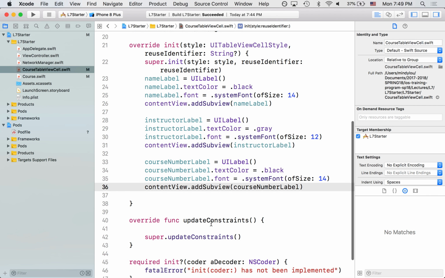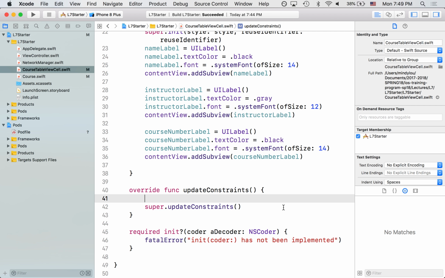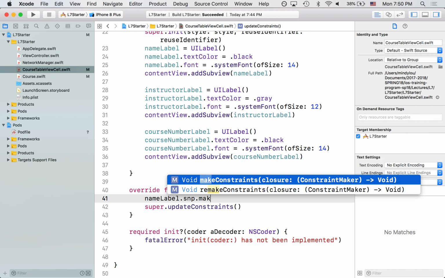Okay, so now that we've added all of our subviews to the view, we can set up our constraints in our function update constraints, just like we did before. But now we're going to use SnapKit. So we want to make the name label 8 offset from the leading and from the top of our table view cell. So how we're going to do that in SnapKit is name label dot snp dot make constraints,